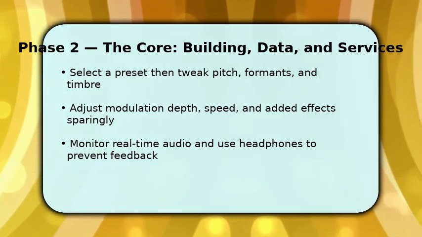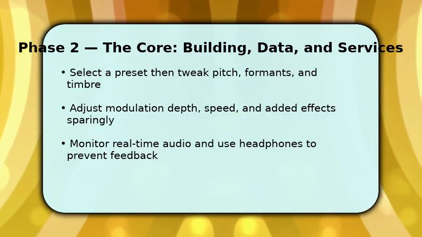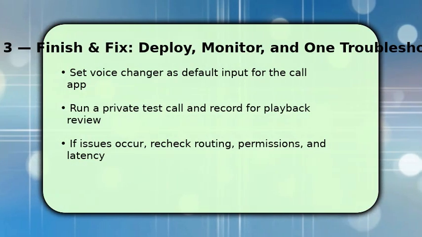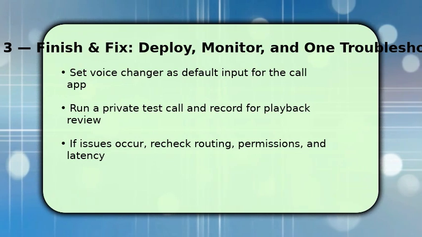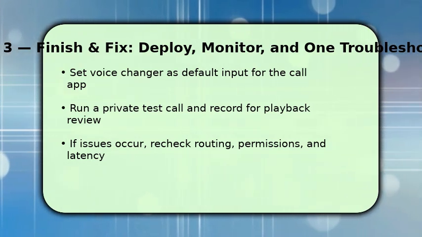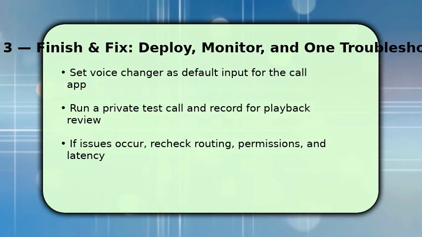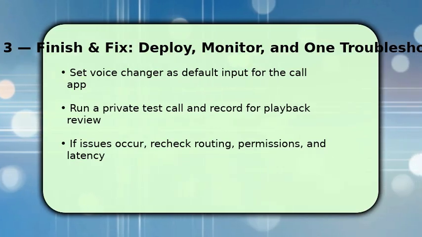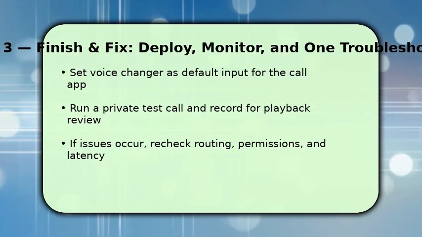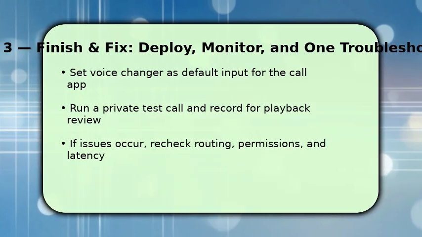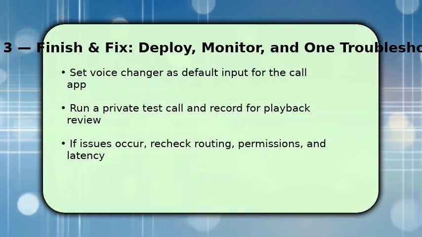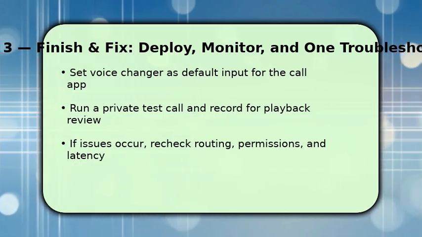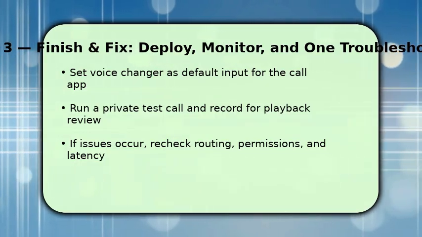Finish by selecting the virtual input from your voice changer as the microphone inside the calling app. This makes your altered voice transmit. Initiate a private test call to a friend or a secondary account and listen back to a recording so you can judge naturalness. If latency or glitches appear, lower buffer size or switch sample rate. Make sure no other apps capture the mic. One key troubleshooting tip: if the app sends original voice, reopen permissions and